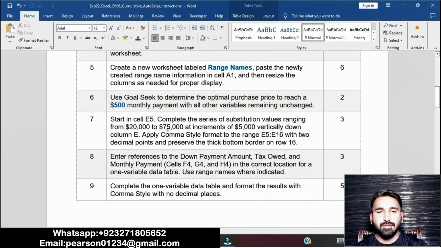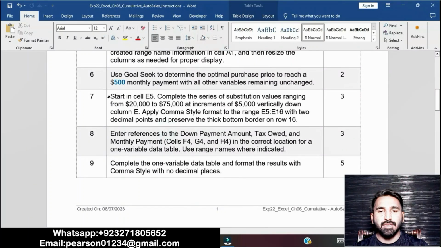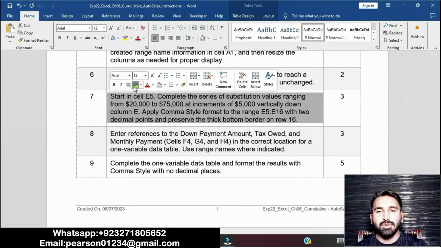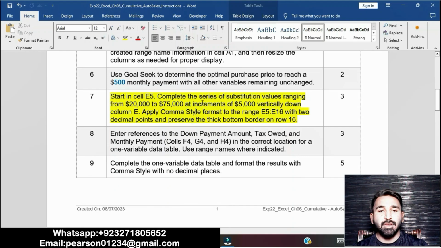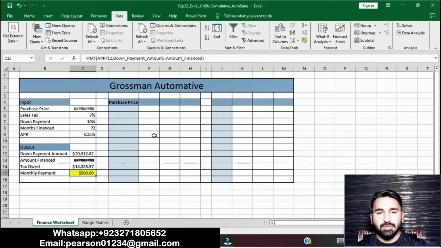Now moving on to step number 7. Step number 7 is to start in cell E5 to complete the series of substitution values ranging from $20,000 to $75,000 in increments of $500 vertically down column E. Apply the Comma Style format to the range E5 to E16 with 2 decimal points and preserve the thick bottom border of row 16.